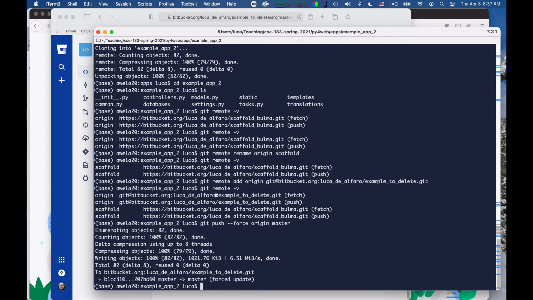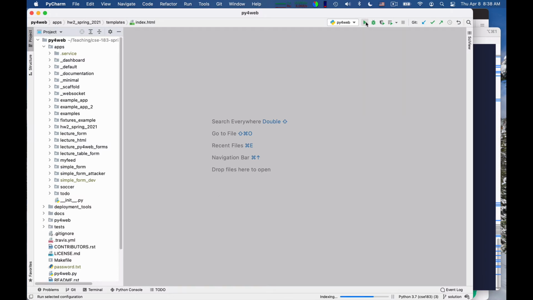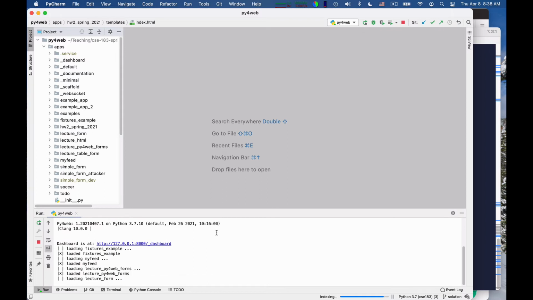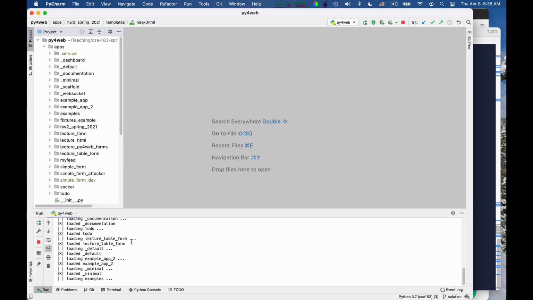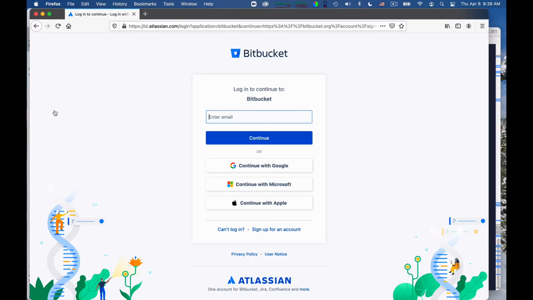So if I am here, for example, this is my PyCharm, I can run the web server, hoping that I'm not already running it. Sorry, the startup becomes so slow because I have a lot of apps. But let me go into this app, example app 2.